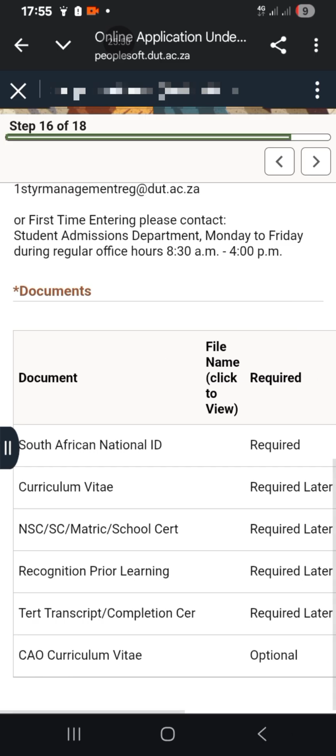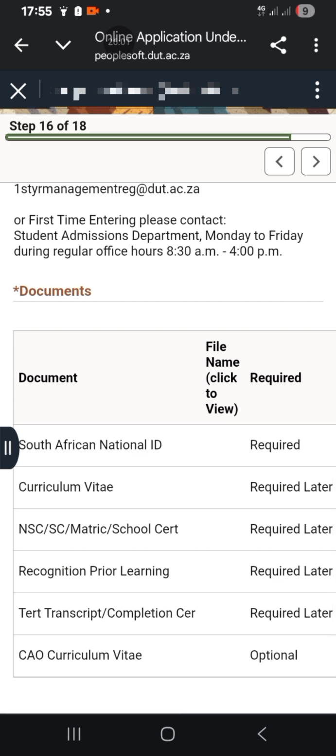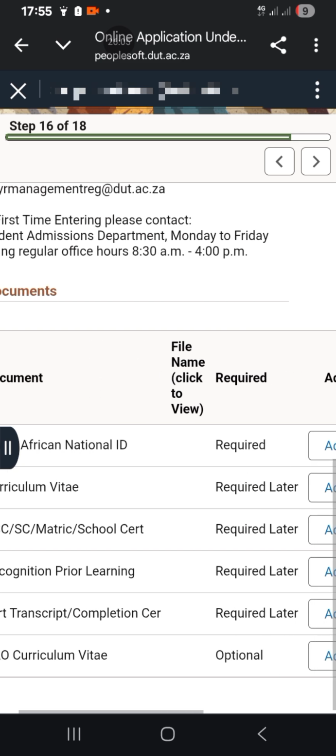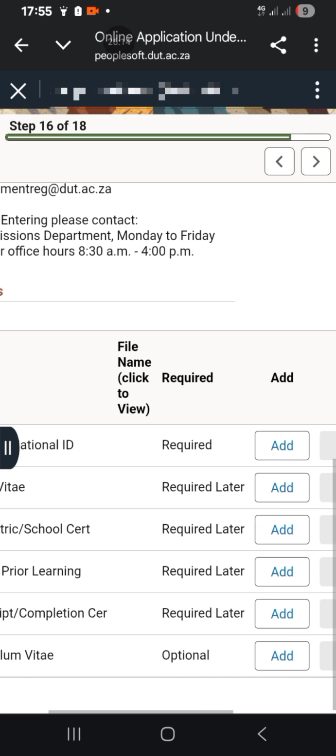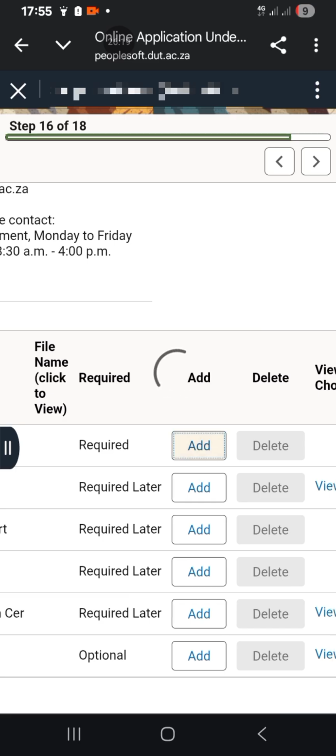And then there are optional documents that you need to upload, like your South African national ID is required. Curriculum vitae is required later. You can upload it later. It is not compulsory, but for now you have to make sure that you upload your ID, yes.